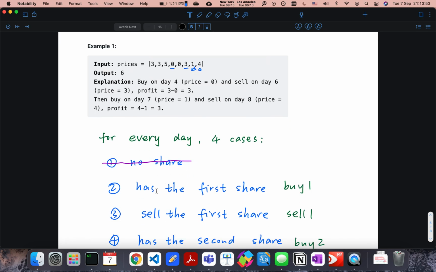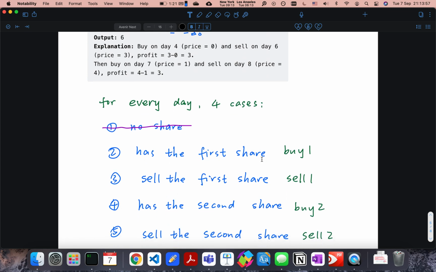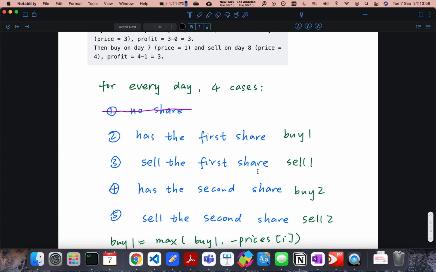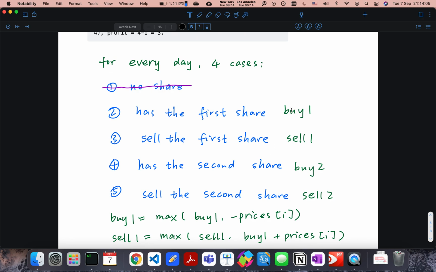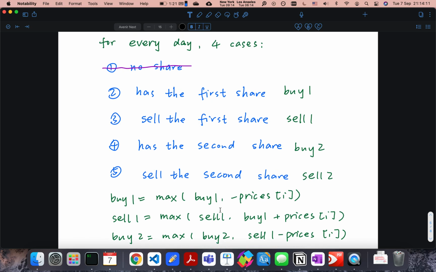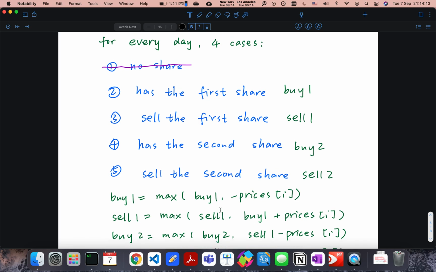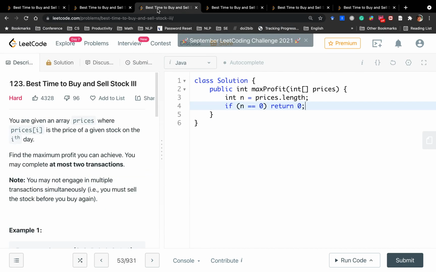If we are involved in at least 1 transaction, we have 4 states. We have the first share, we sell the first share. We have the second share, we sell the second share. So 4 states, we use 4 variables: buy 1, sell 1, buy 2, sell 2. So we just update every state just like prior 2 questions. So now let us write this